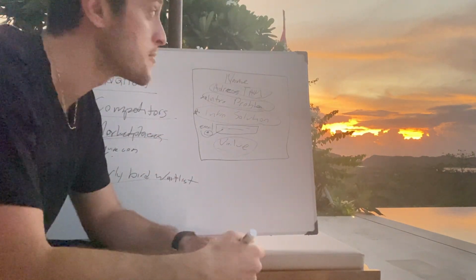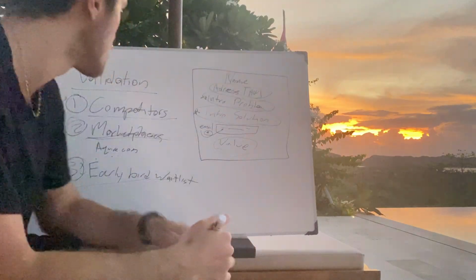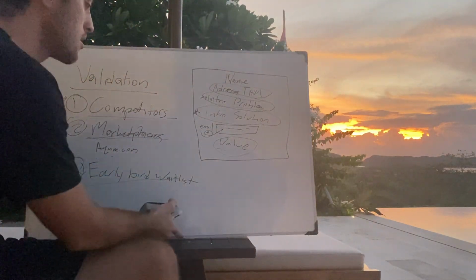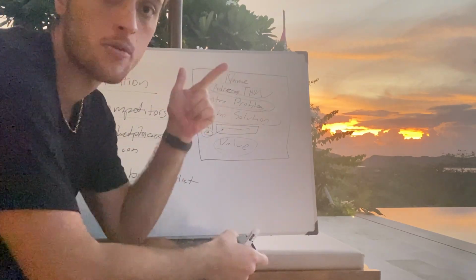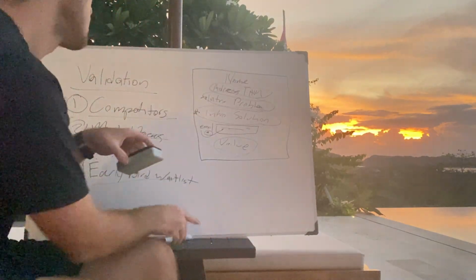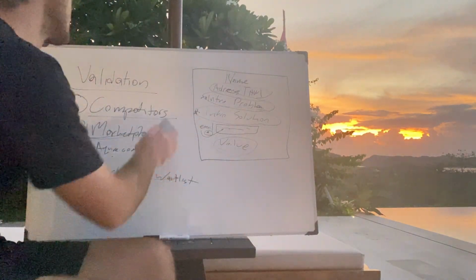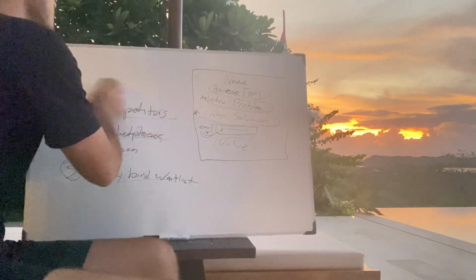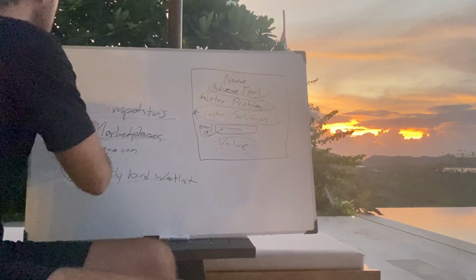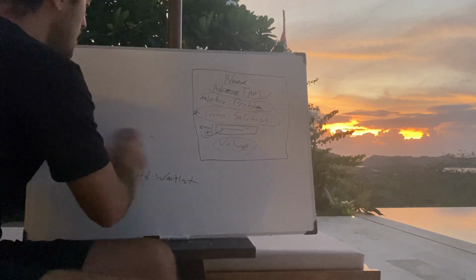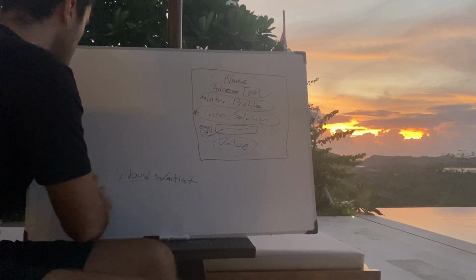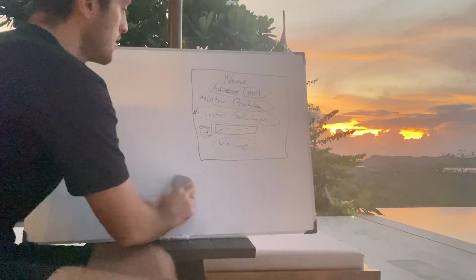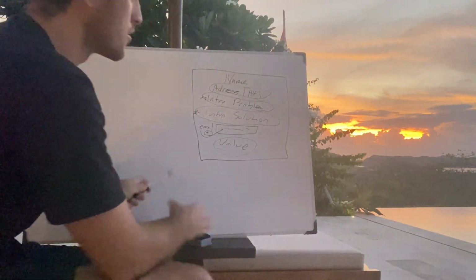So I thought I'd change up the scenery. In the last video, we talked about product market fit, finding an idea, product market fit, and validation. Now we introduce the waitlist. I am going to tell you in this video, and I'm going to try and keep it short, how to actually get people to sign up on your waitlist once you have a valid idea. So you want people here.